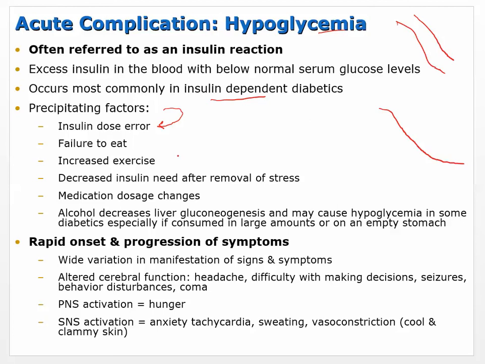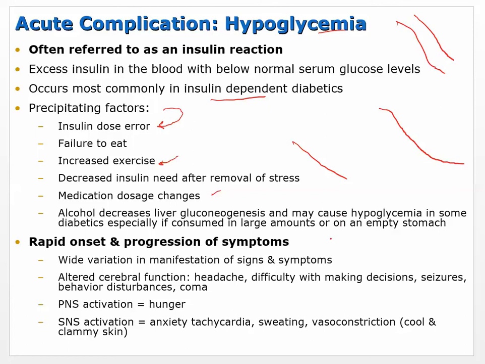Increased exercise, so they're burning the glucose, but they still take their insulin, and so that's even more of a decrease. So decreased insulin need after removal of stress, medication dose changes, alcohol actually can cause hypoglycemia itself. So drinking alcohol, if you're a type 1 diabetic and you're taking your insulin, drinking alcohol can cause a decrease. Okay,